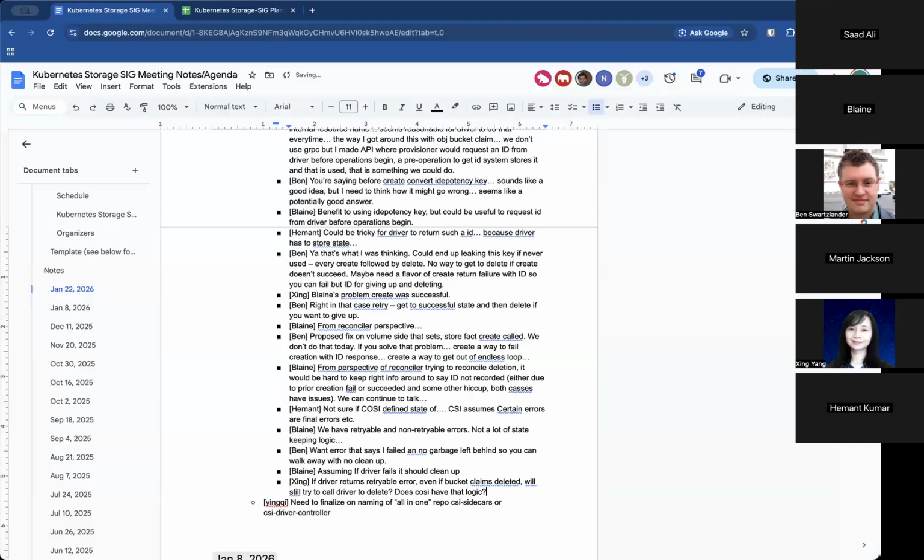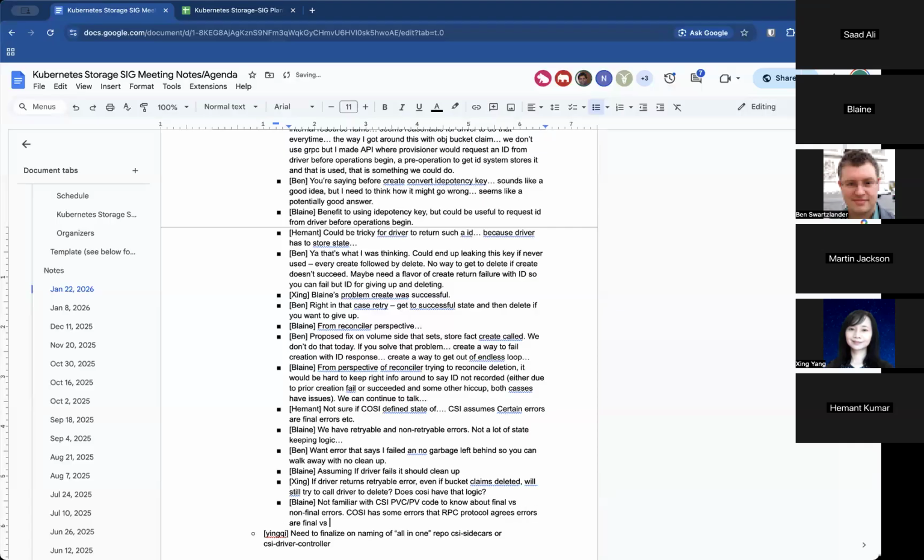Yeah, I'm not familiar enough with the CSI PV/PVC code to know exactly what the retriable or the final versus non-final errors are. I just know that we have something that sounds a little similar, in that Cozy and the RPC protocol agree that a certain subset of errors won't be retried, because Cozy couldn't make progress on this given the nature of the error, versus errors that will be retried.